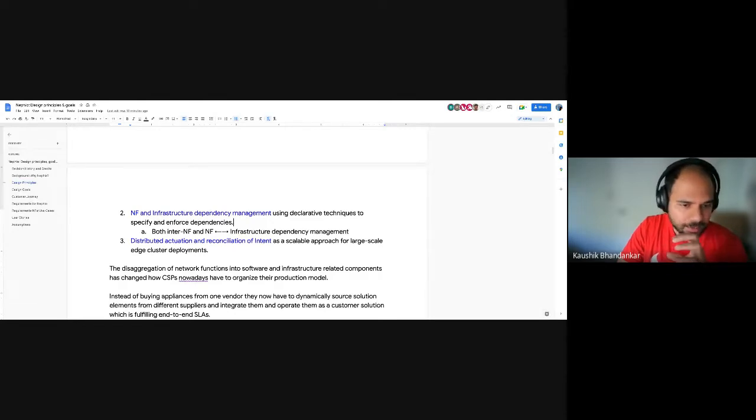So that's the second design principle. And the third is distributed actuation and reconciliation of intent. I think this is a very important design principle, especially as we look at large scale edge deployments, a scalable methodology for ensuring that we are not centralizing the actuation and reconciliation of intent. So these are the 3 high-level design principles.